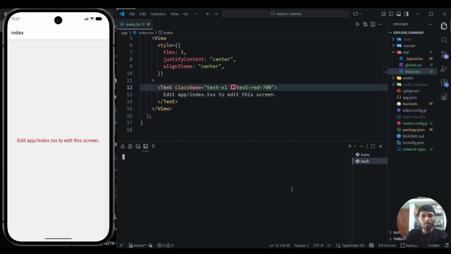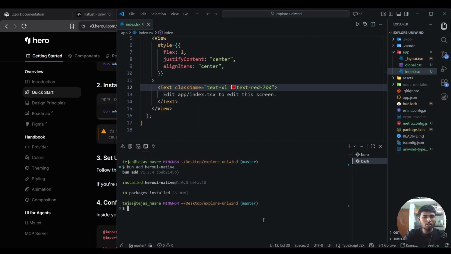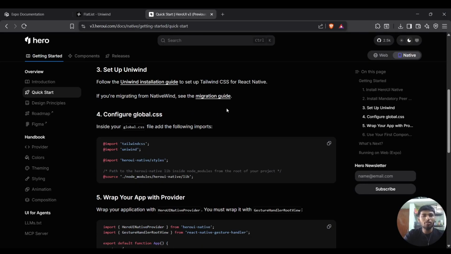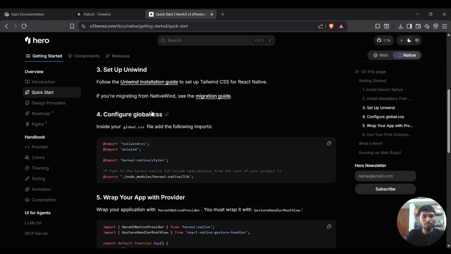So open a new terminal. We'll be adding bun add heroui-native. After that, we have to install these mandatory pre-dependencies, and it's strongly recommended to use the specified versions. So we will be adding that here. After that we have to set up Uniwind, which we have already done before. If you're migrating from Native UI, here is the migration guide as well. And after that we have to configure global.css